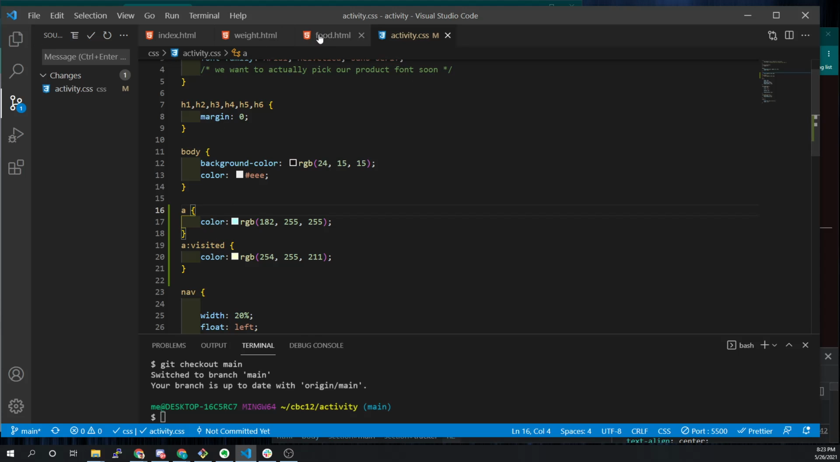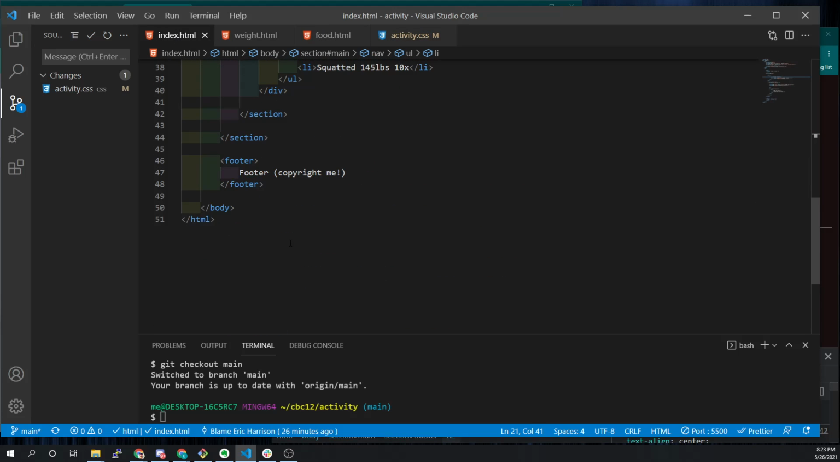Anything that is an anchor. So if we came into index and we went in here and said, copyright me, and we say a href equals mailto, right? Because we want people to be able to contact us, tell us when our product is broken. We say erh at the clubhouse, right? Email me,